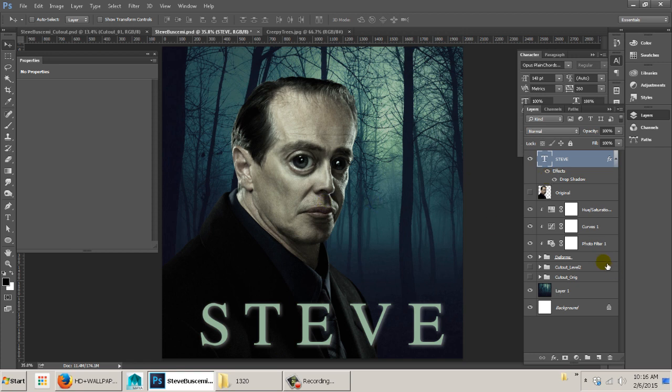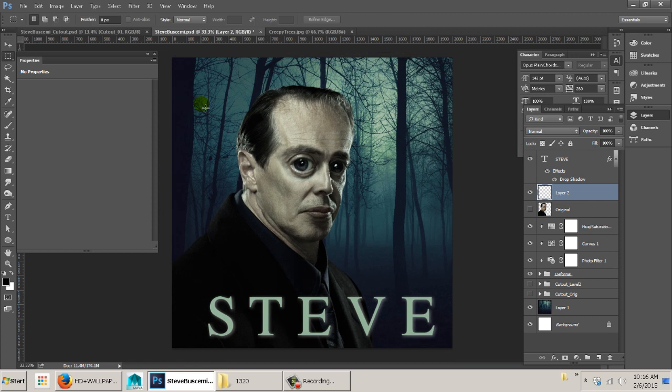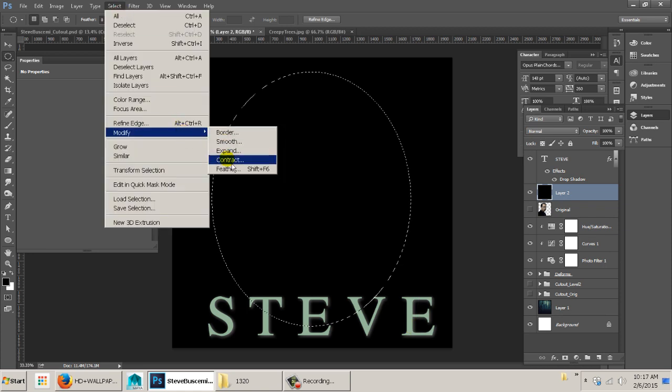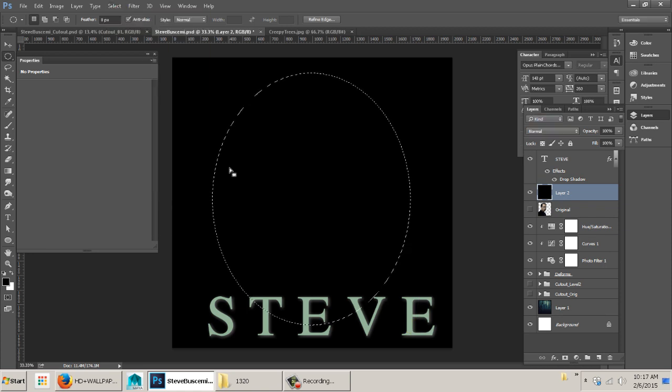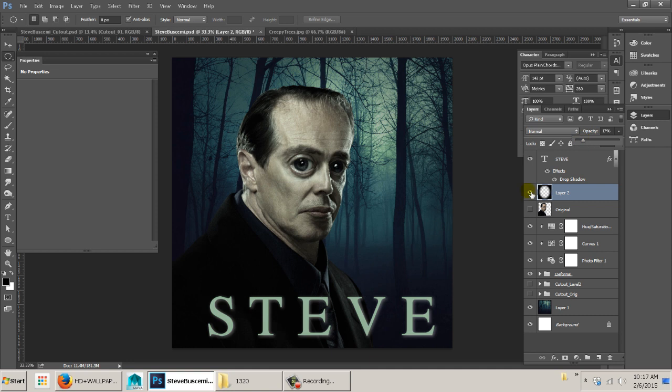All right, and finally, we'll make a vignette on this. So I'm going to go to my tool here. I'm just going to fill this layer with black, draw a circle, there you go, and feather the circle, and then I'm just going to delete. Okay, and then I can go through and just soften the look of that vignette. All right, so there we go. So now I'm just going to save this as